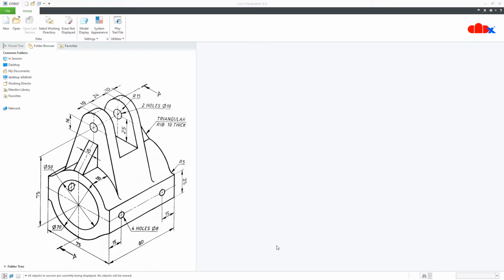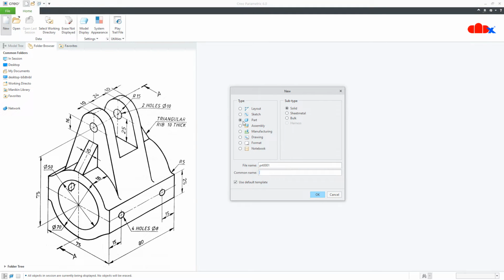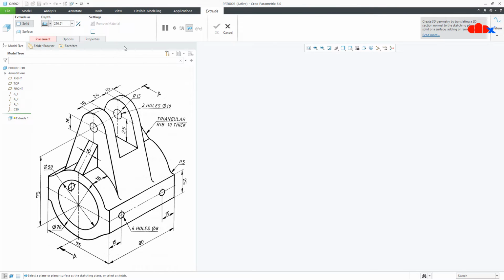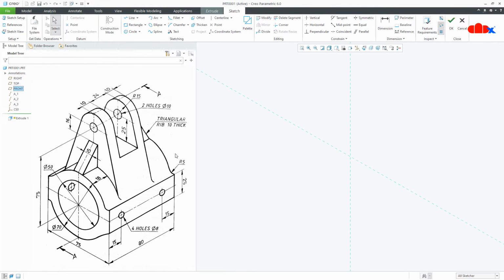So let's get started. To do this, first you go to new, part, solid, assign the name and say OK. Now to design this kind of part, first you go for all add material features and then you go for remove material features. So let's start this part with this base, and for this go to extrude onto the front datum plane, normal, draw the center line,